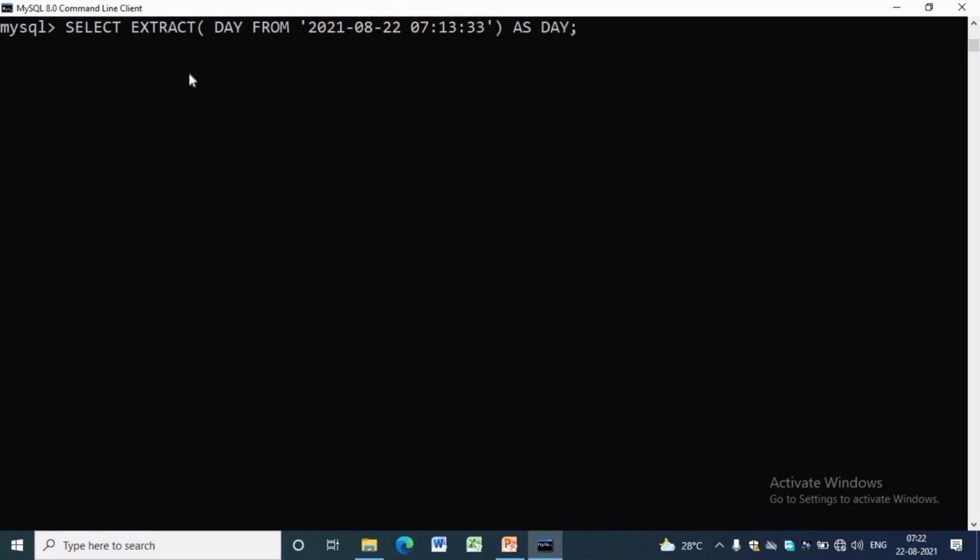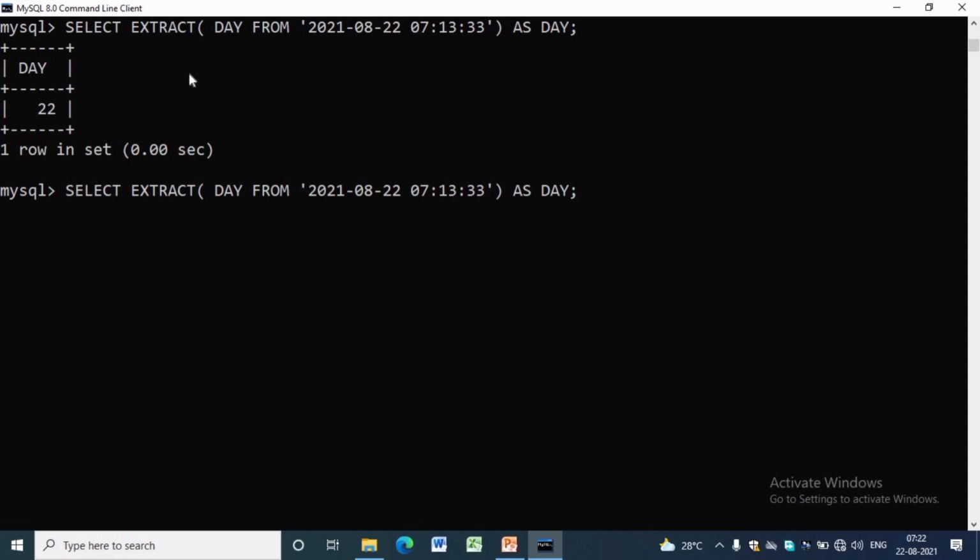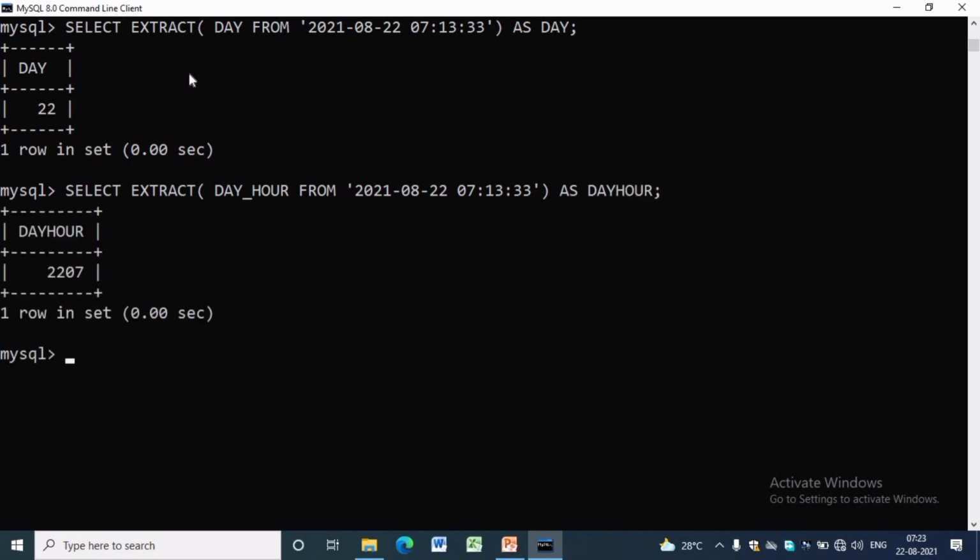To extract the day and hour from a date and time, we have to write SELECT EXTRACT(DAY_HOUR FROM the date and time) as day_hour. It will give 22, which is the day part, and 07, which is the hour part of the given date and time.